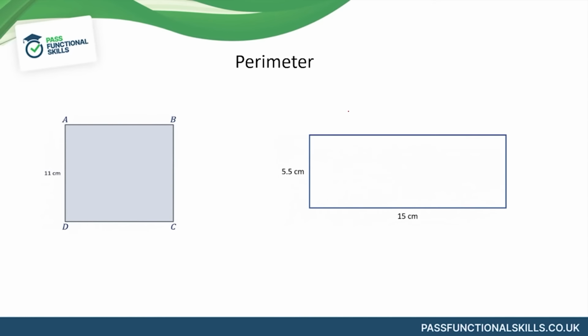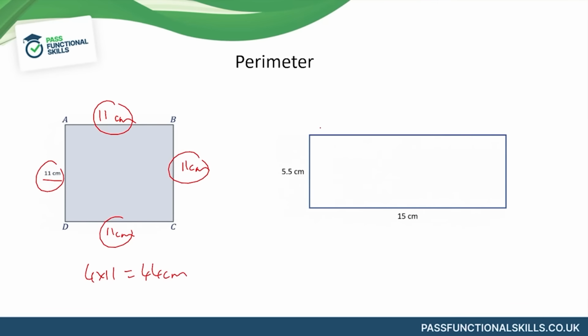Moving on now to perimeter. Now it's really important that you don't confuse perimeter and area. Area is the bit in the middle, perimeter is the bit around the outside. So if we're told that ABCD is a square, you only need to be given one side, because one of the key properties of a square is that each side is the same length. So this is 11 centimeters, this is 11 centimeters, this is 11 centimeters. So the perimeter is 11 plus 11 plus 11 plus 11, or 4 times 11, so that is 44